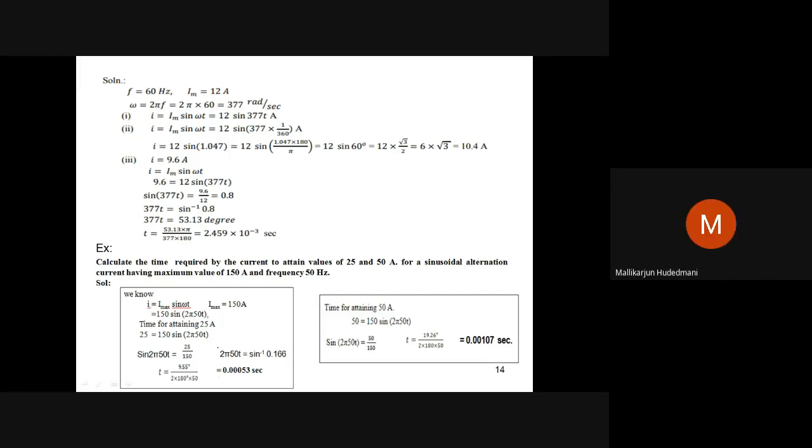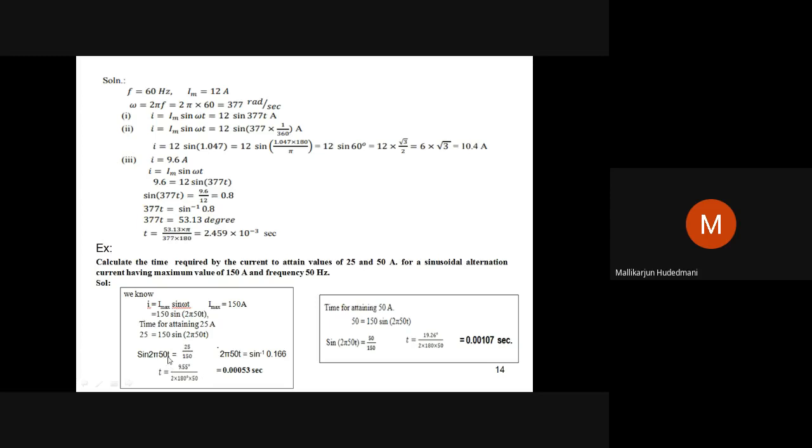Then I made simple steps to get the time out of that. 25 divided by 150, and inverse sine of this ratio equals 2 pi 50 into t. Then what is t? It is transferred here. If you want to work in degrees or in radians, you can see. Here you will find 180 degree inserted, so at the end it is worked in degrees. I suggest you go for radians directly. So there are two ways to work it.